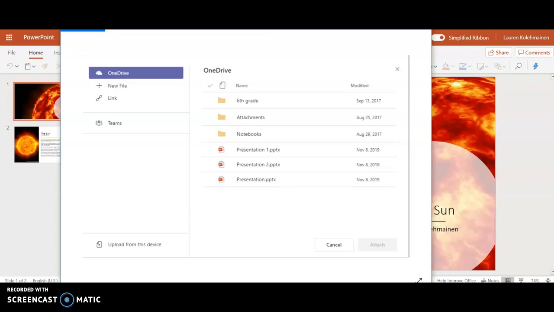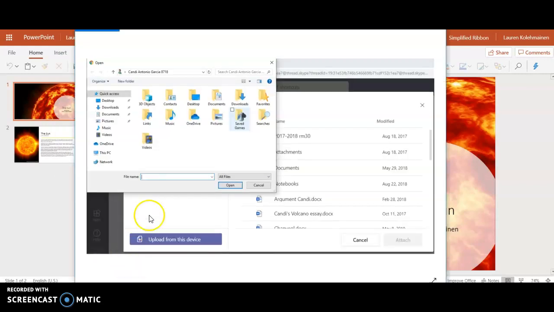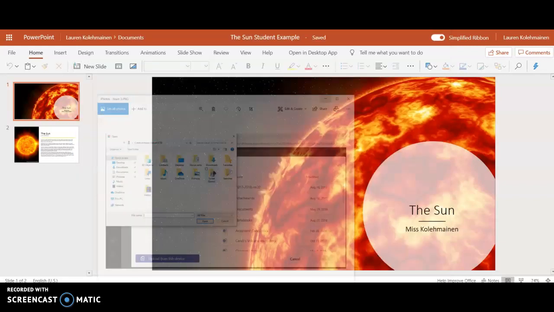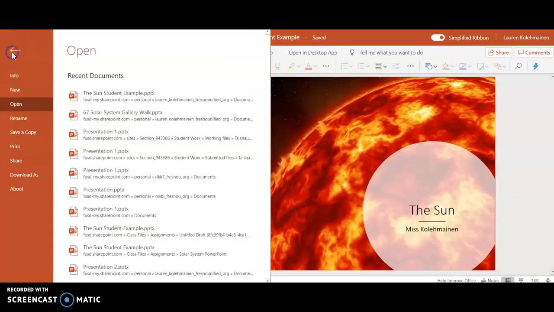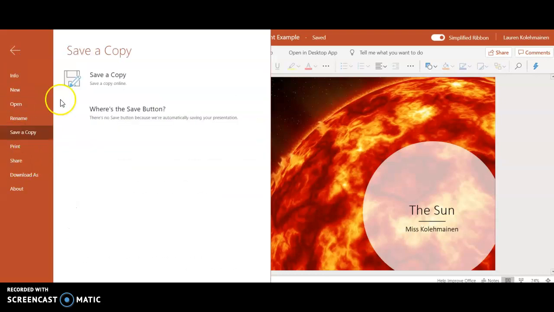Once you click Upload from this device, a new screen will pop up and you will see this on your screen. You need to click the Downloads button and select your presentation and click Open and then turn in your assignment. Now, some of you will not see the Download As button, so you're going to click Save a Copy,